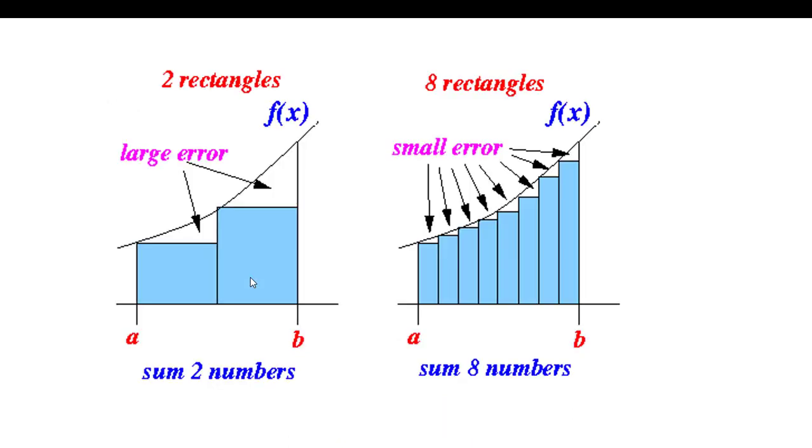Now you are seeing on the screen, in the first picture, a curve divided into two rectangles. In the second picture, the curve is divided into a number of rectangles. So in the first we get large errors in measuring the area under the curve, but in the second we get small errors. As the number of strips or rectangles tends to infinity, the errors become smaller, and we can determine the area related to this curve precisely. But in the first there is no possibility of getting an exact or accurate value.